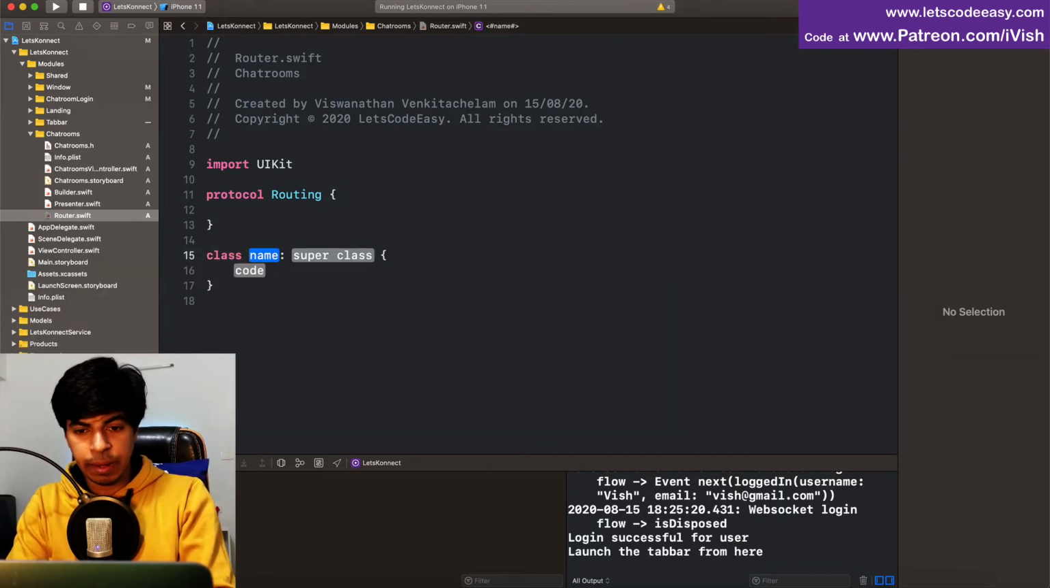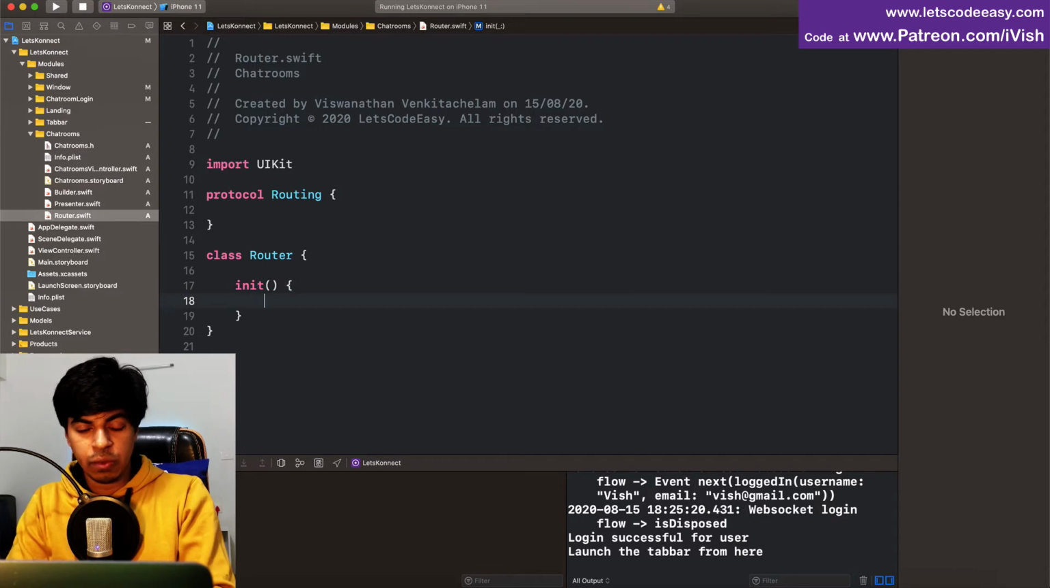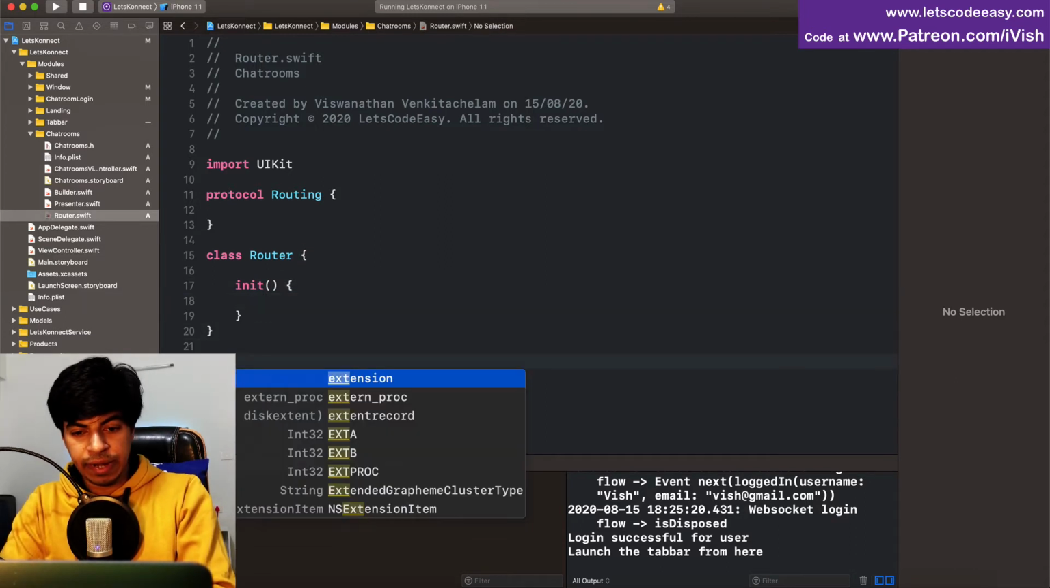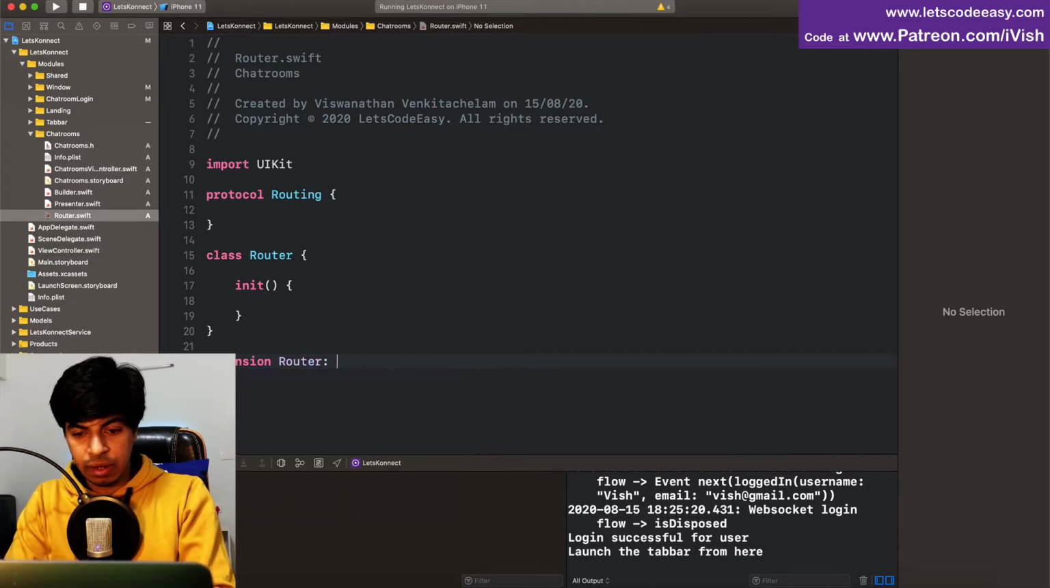I'm just going to keep a template router, and I'm going to init it. Init it is going to accept some things. I'm going to include that later. Extension for router so that it can implement the routing protocol. That's also done,